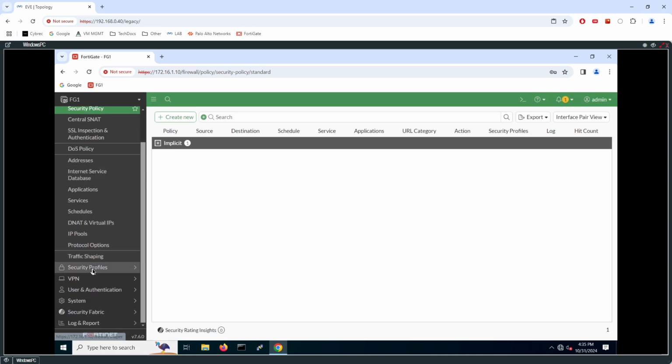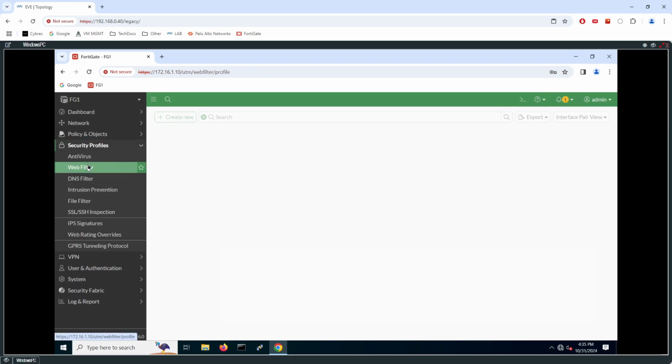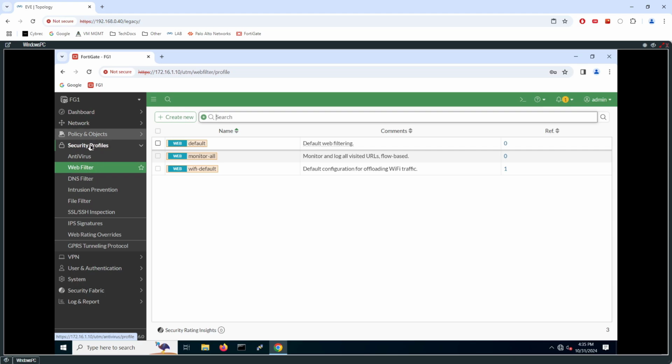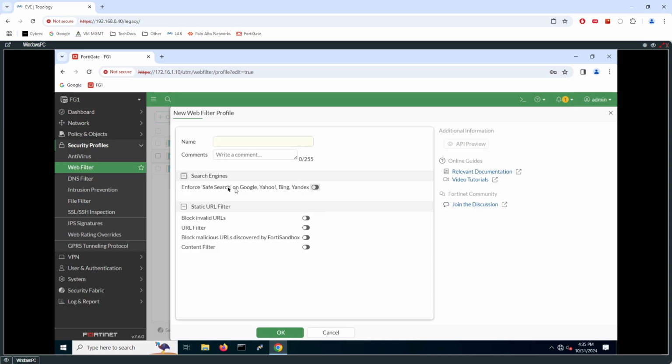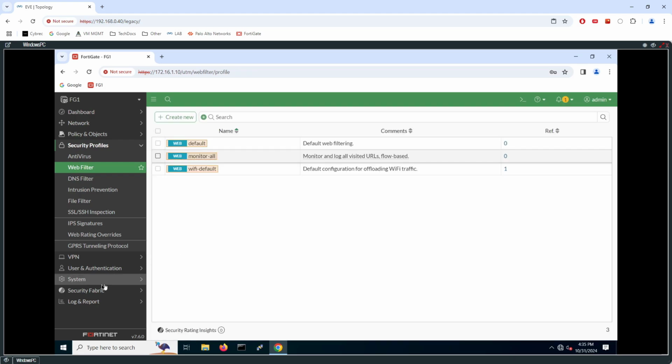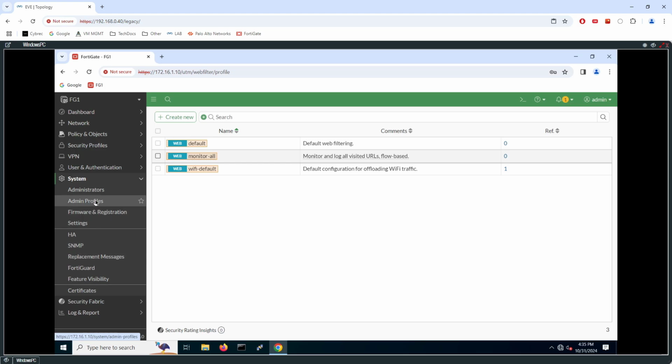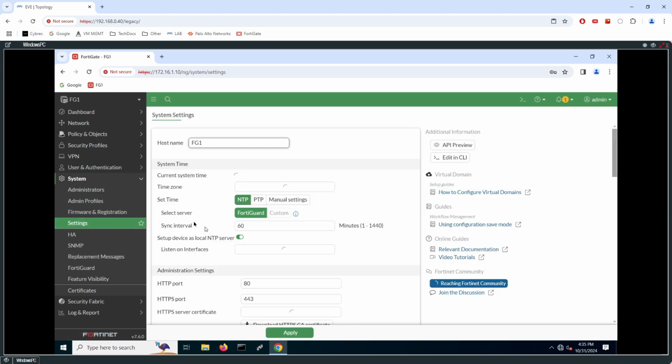Also notice how limited the web filtering options are going to be. When we go to security profiles and say create a new web filter profile, I can pretty much give it the name, enable safe search on Google, Yahoo, Bing, and Yandex, and configure some static URL filtering options. Just an enable/disable option. Versus if we go back to the profile mode,